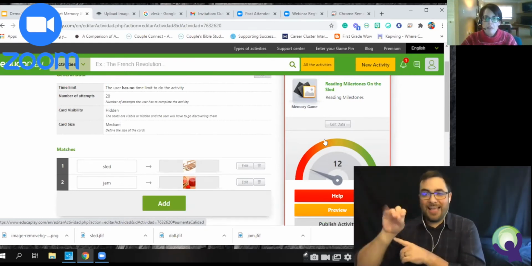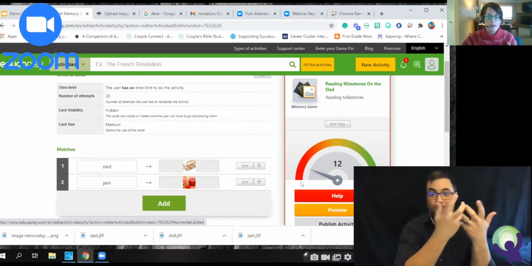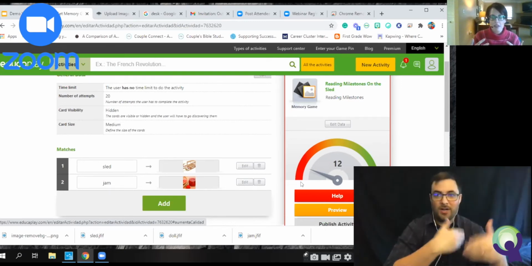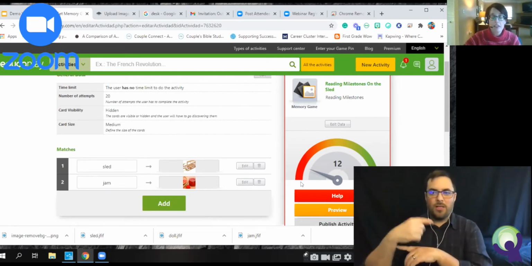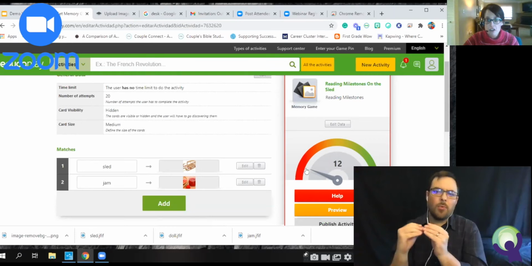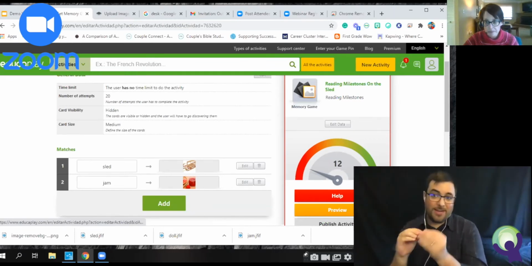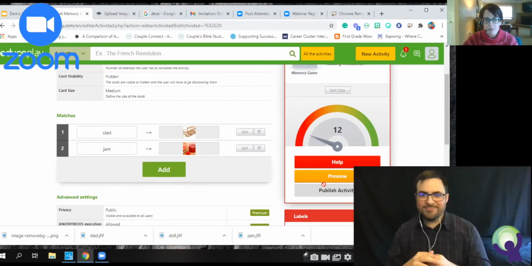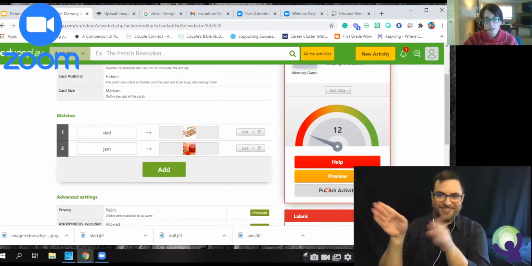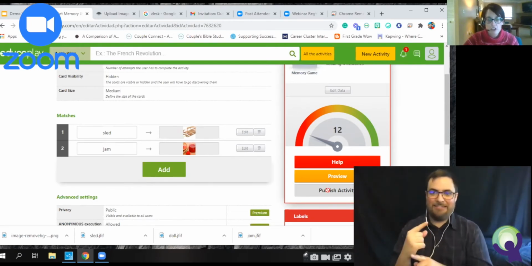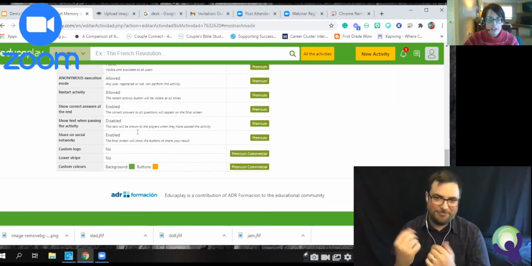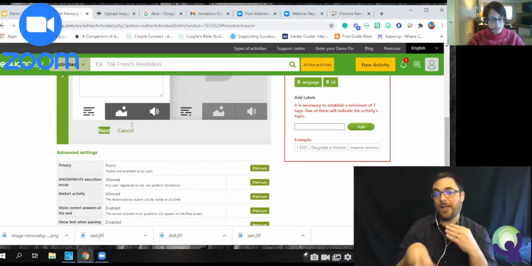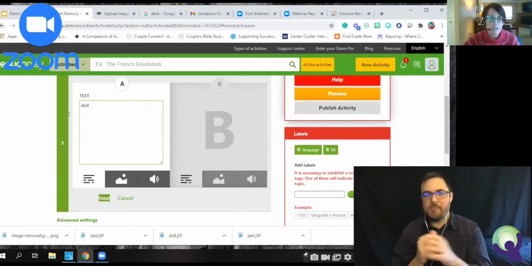And as you add more matches and as you add more details to the game, they think it's going to be more valuable for other teachers. So that will increase the score. So right now, it's telling me I can't publish it because it's just not of high quality enough that other teachers would find it helpful. But if I go in and we add one more, let's say doll, for instance,